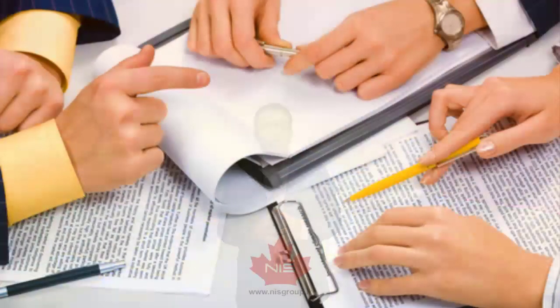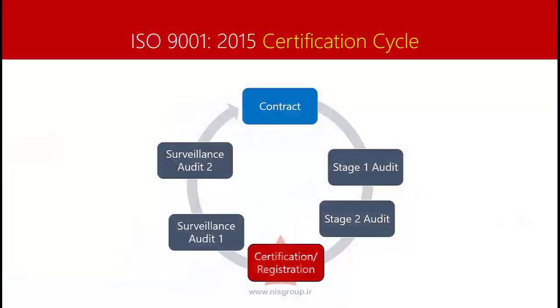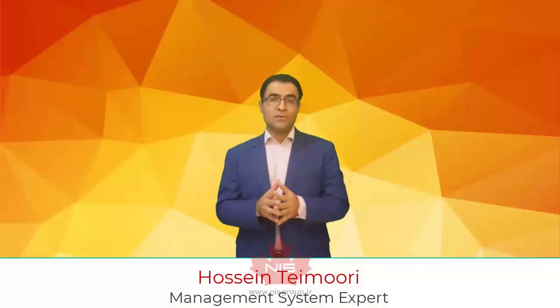After completion of the requirements, we will be giving you some supplementals that help you effectively and efficiently implement your QMS. We will be telling you what the different steps in the certification cycle are, starting from contracting to stage 1, stage 2 certification, surveillance audit 1 and surveillance audit 2. We'll be telling you what they are and what you should do to be prepared for such audits and such a process. I hope you like the course, and I will be more than happy to meet you there.